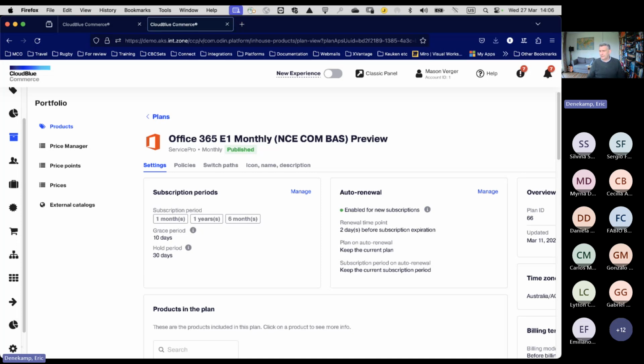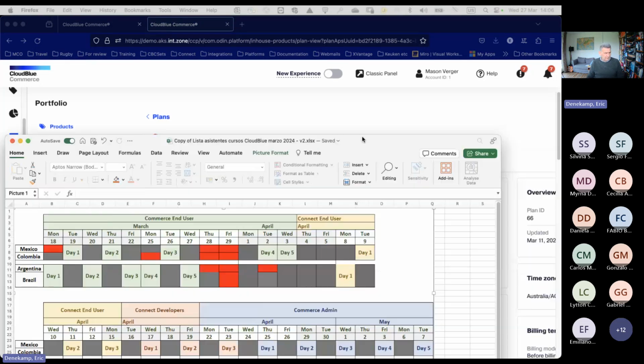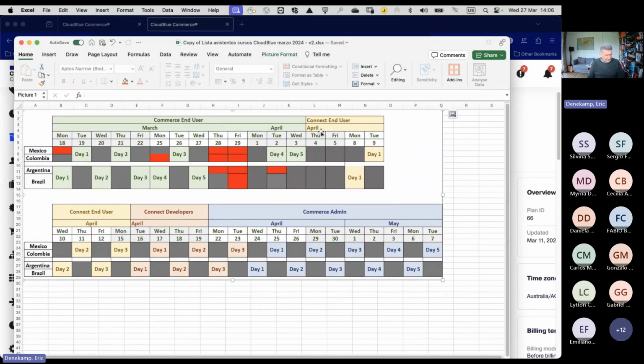Let me pull up the schedule. This is the schedule that I have for you, and the Connect for end users training will start for you on Monday, the 8th of April. If you have not subscribed to that one, the Connect end user training will talk about the scenarios that we have. So if you haven't received an invite for this one, talk to the person managing it, and he will come back to me, and I will send you an invite for that one.